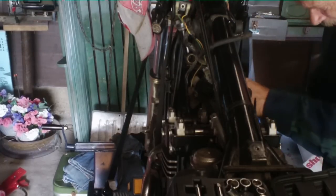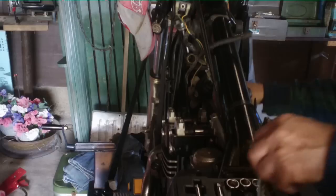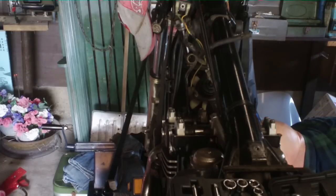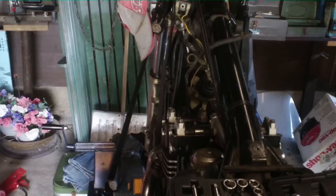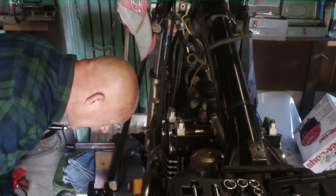Now, if you're a beginner working on bikes or anything, any kind of motor, your best bet, when we do that, we got to put our bridge back on. I like to tighten it up with, where the heck did I put the bridge? I know I set it down and it flipped upside down. But anyway, as I was saying, if you're not a mechanic